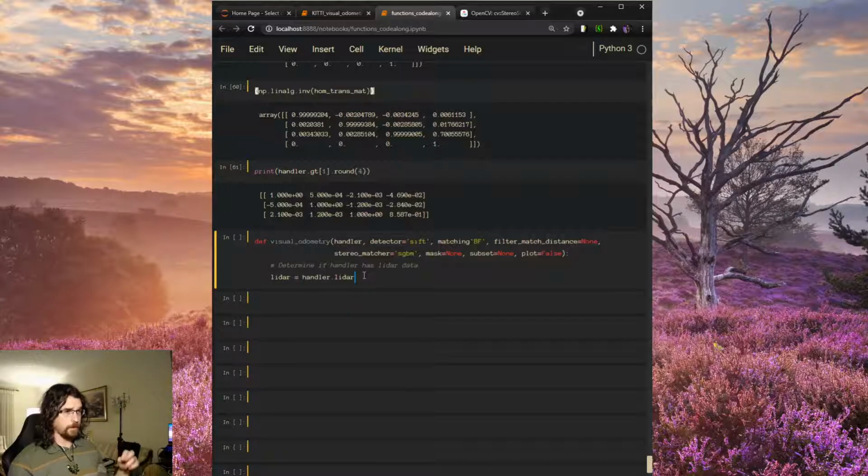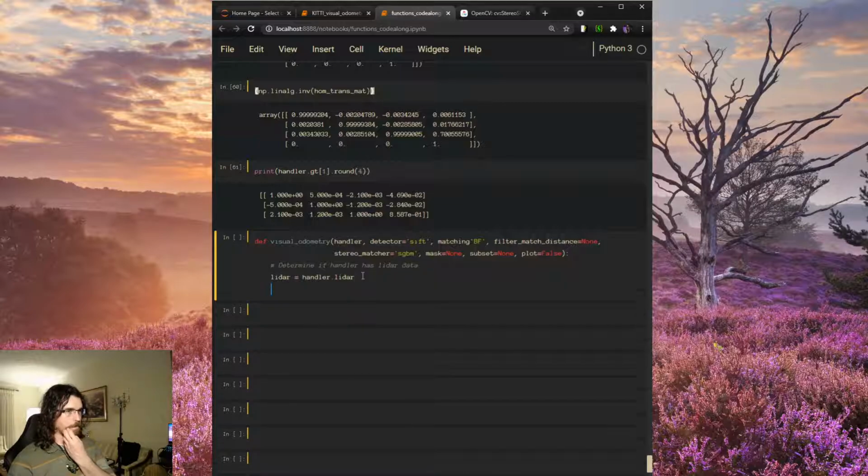Whatever the LiDAR says our depth is most likely going to be more accurate than any stereo depth that we would have generated for that pixel. So what this will do is, whenever we come across a pixel location for which we have LiDAR data, we'll use the LiDAR depth instead of the stereo depth in order to try and reduce our error as much as possible. So